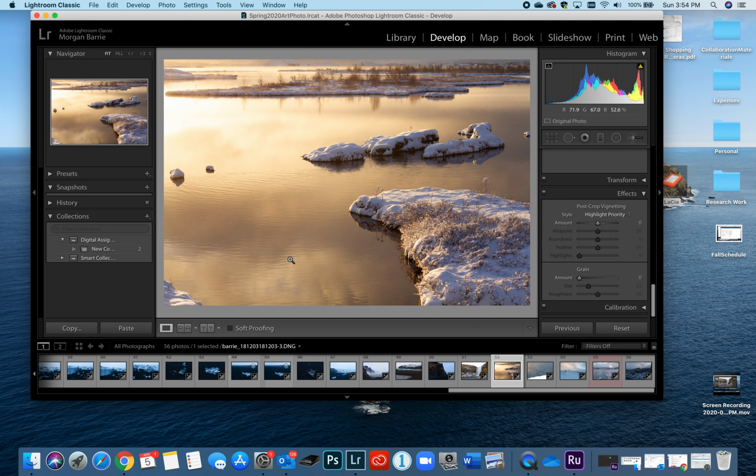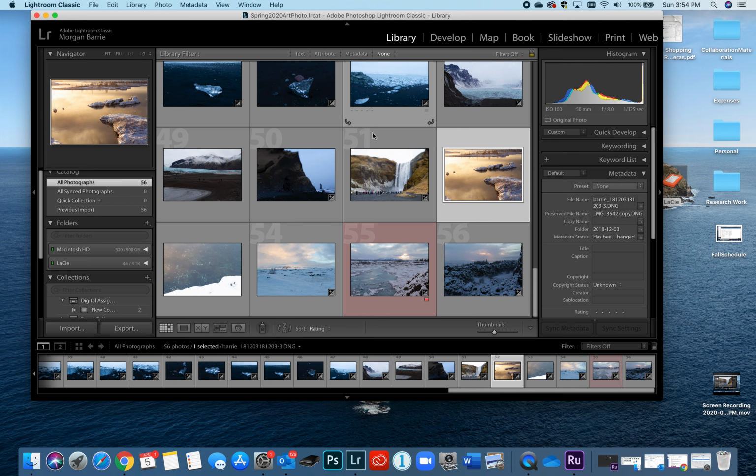If it wasn't, if you had a catalog that was full of many more things, it might be a good idea to just start by making a collection of, again, at least 50 images, more is great, that were shot specifically for that assignment. So I'm going to maybe go to the library module just so I can see them